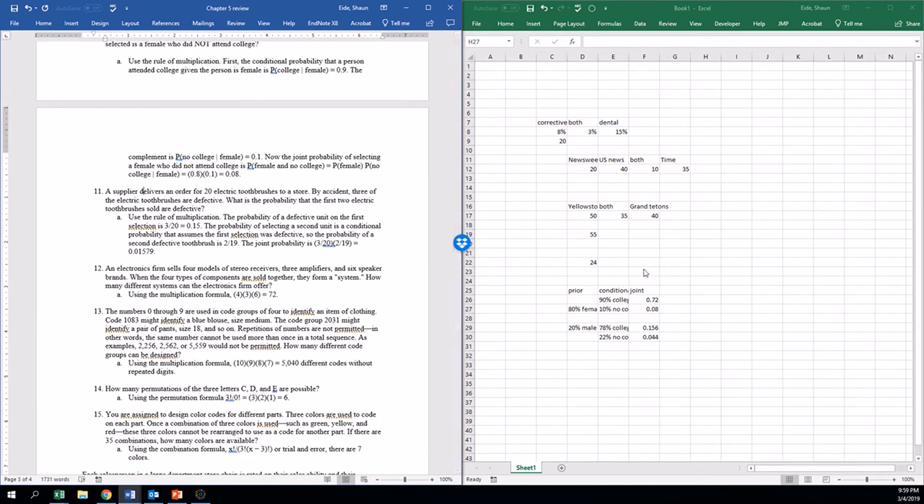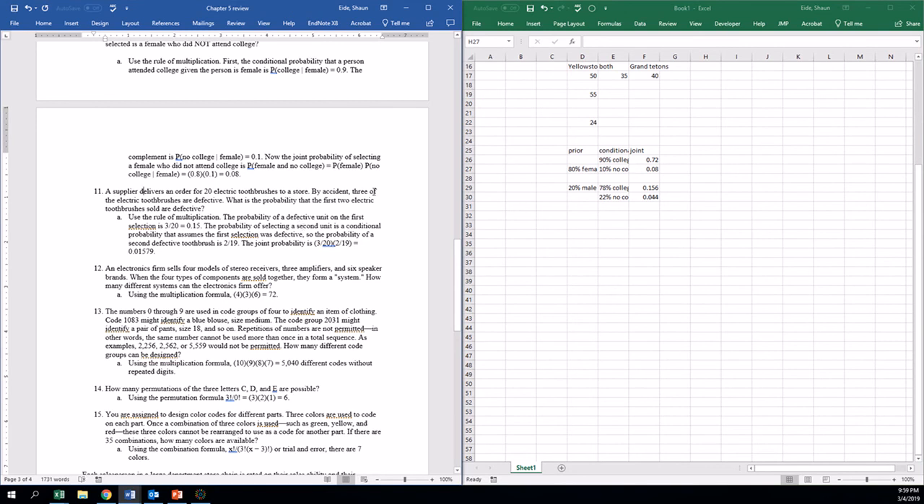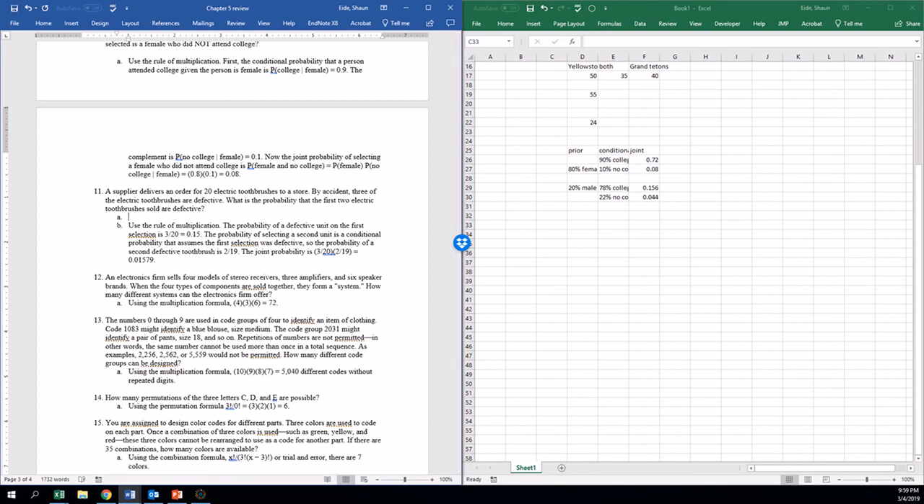Number 11, a supplier delivers an order of 20 electric toothbrushes to a store. By accident, 3 of the electric toothbrushes are defective. What is the probability that the very first 2 electric toothbrushes sold are defective? So the probability that the very first one sold is defective is 3 out of 20. And then the probability that the very next one is also defective is now going to be 2 out of 19. So 3 out of 20 multiplied by 2 out of 19, because there's only 2 defective left and there's 19 toothbrushes left, that is going to be